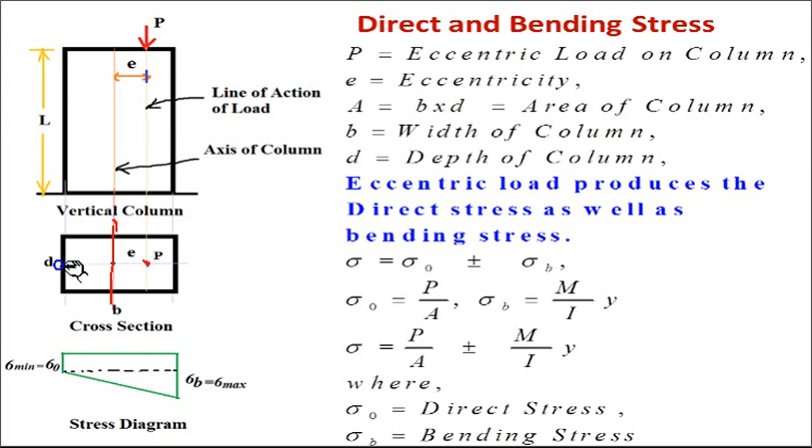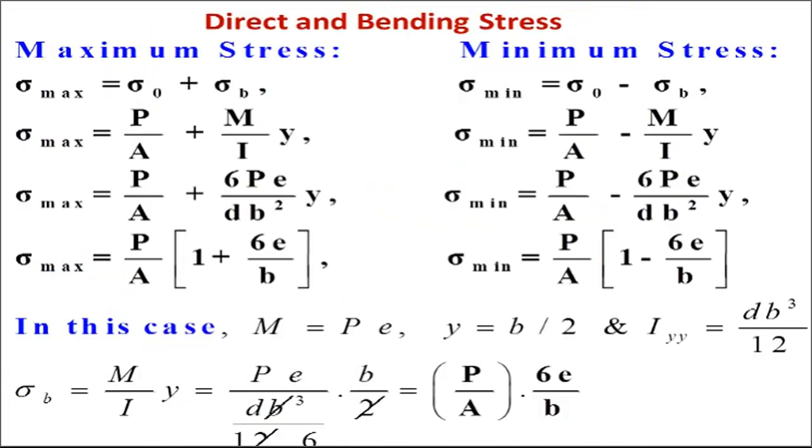Now here the load is acting on the x axis, P is on the x axis, so there is no eccentricity for the x axis, so the moment about the x axis will be 0, Mx will be 0, but My will not be 0, and My will be P into e_y. Okay, so here I have just kept the value of Iyy. If it is Ixx, it will be BD cube by 12. But now it is Iyy, so it is DB cube by 12, instead of BD cube, because we are taking the moment of inertia about the y axis.